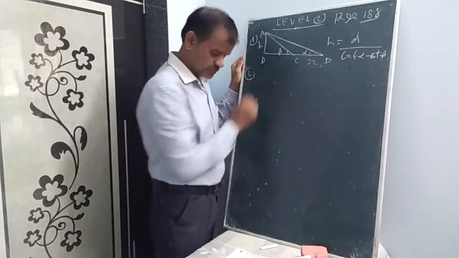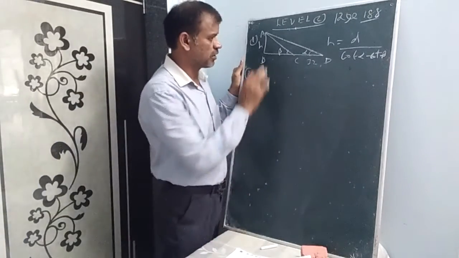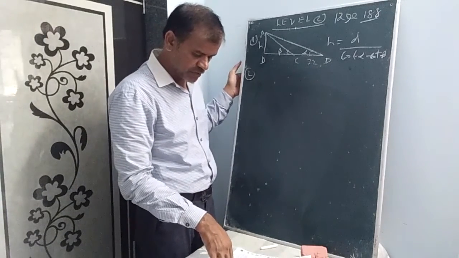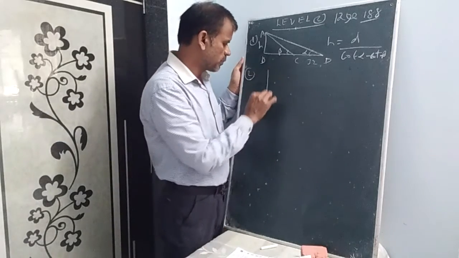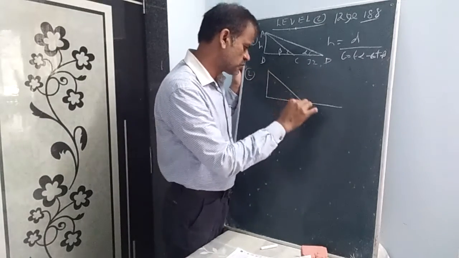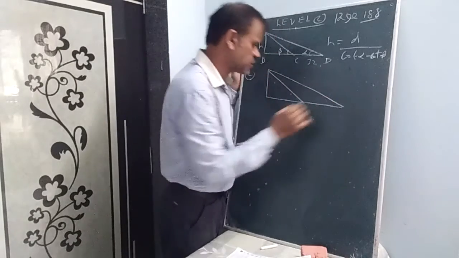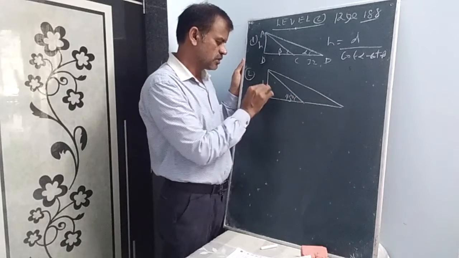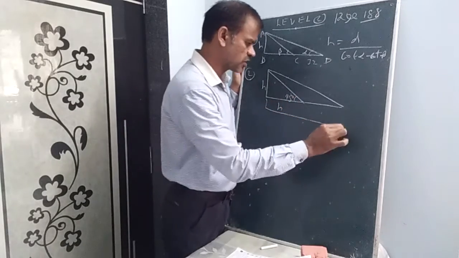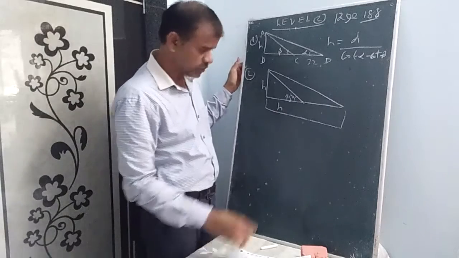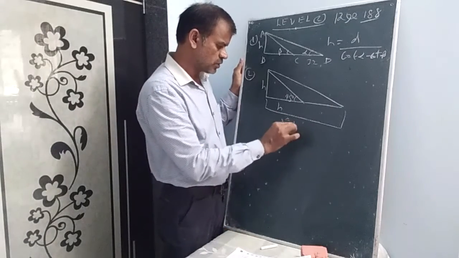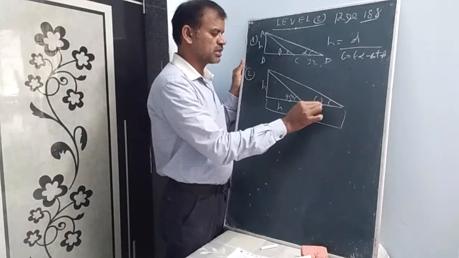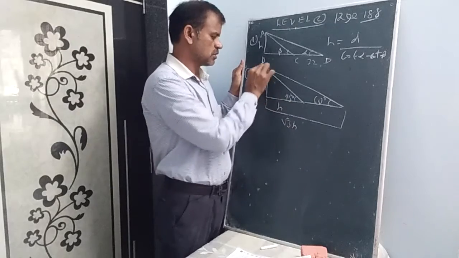Next, the second one. First question is the second option. Simply I have drawn the diagram; you can apply the values. At a particular instant, the height of the tower is equal to the length of its shadow. Of course, everyone knows that height equals shadow only when the angle, tan of the angle, is 45. After some time, the length of the shadow is root 3 times the height. So tan of how many degrees equals root 3? Tan 60 degrees equals root 3.